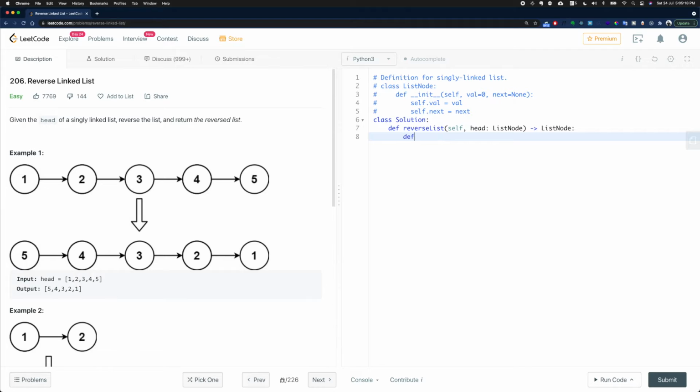So let's actually define a function which helps us with the recursive solution. So I'm going to call it reverse, and I'm going to give it one argument, which is the head. And in our base case, if the head is none, or if head.next is none, then we can simply return the head. So when we return from the recursive call, let's store this in a variable called current. So this would be the recursive call,